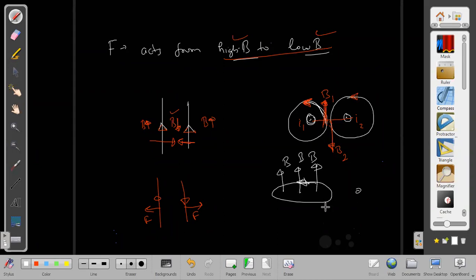But outside, the external field is everywhere the same. The external field is everywhere upwards only, but outside, due to this current carrying wire, its own field will be going down, but the external field is going up. So these are diminishing each other. So the outside field becomes weak, the inside field becomes stronger. As a result, when this current carrying loop is placed in an external field pointing upward, there will be a force acting on it radially outward, from the stronger magnetic field to the weaker magnetic field side.